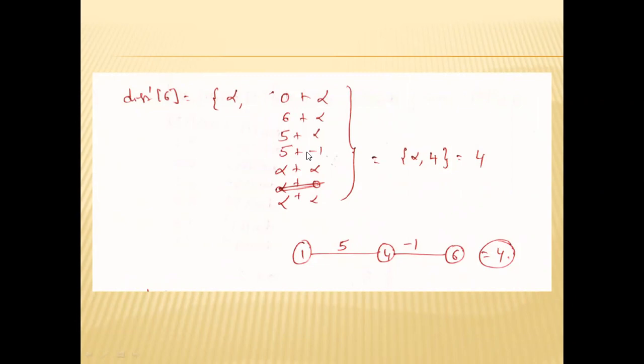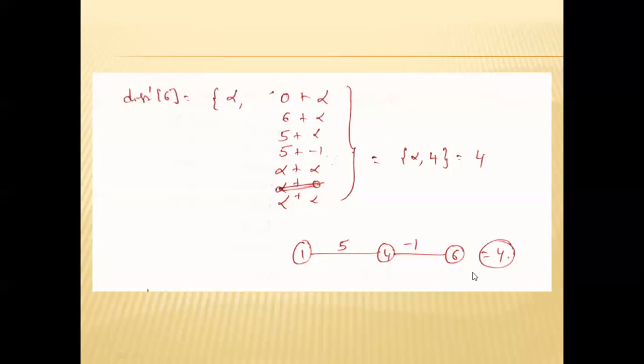Next 3 comma 4, 4 comma 6. There is a path existing from 4 comma 6. That is minus 1, 5 minus 1, 4. Next infinity plus infinity, infinity. So the minimum value among infinity, infinity, infinity, 4, infinity, infinity is 4. So infinity comma 4 equal to 4 means the shortest path by using two edges. That is, the shortest path by using two edges is 5 minus 1 equal to 4.